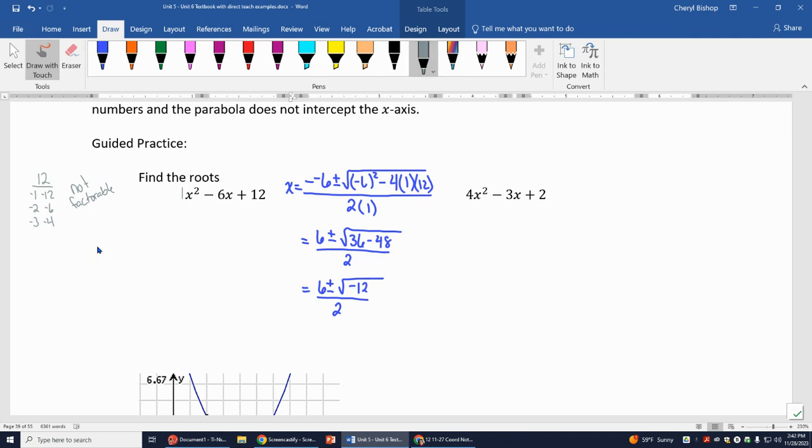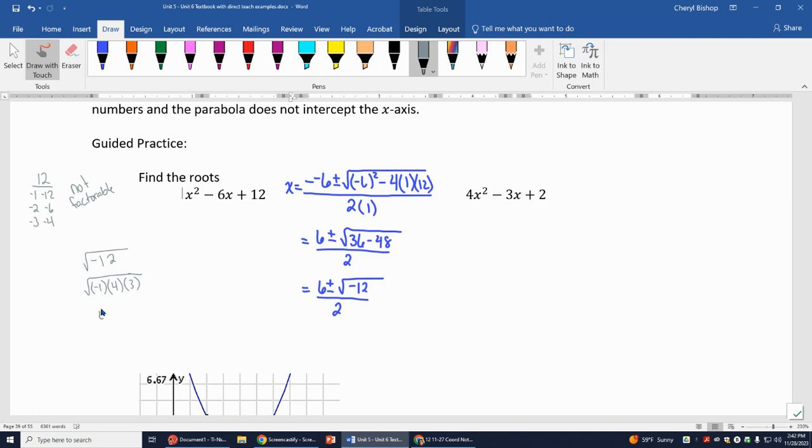I'm going to come off to the side and just do some scratch work to simplify the square root of negative 12. So if I take the square root of negative 12, I know that negative is going to come out as that negative 1 part is going to be an i. But then I'm going to look at the 12 and say, are there any perfect squares that I could take the square root of that divide into 12? So all of these numbers divide into 12. If any of them are perfect squares, I want to take that one out. So see this 4? If I think of this as 4 times 3,